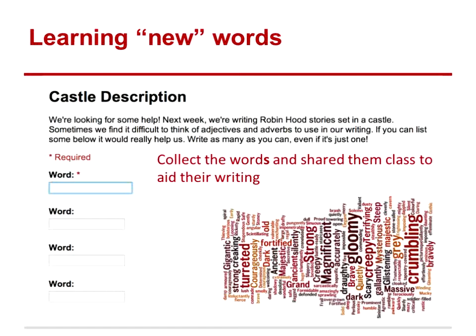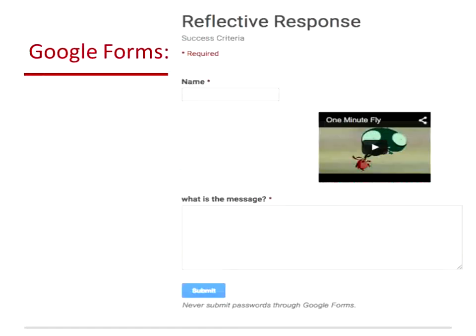I also really like using a tool like Wordle. Whenever my kids did any writing activity, I always had them copy their writing, put it in a Wordle so that they could see the words that they kept saying over and over again. Because as you know, when the kids are doing their writing, they always repeat the same thing over and over and over again. How great is it for them to actually see the words that they keep using over and over again? And it's a great way for them to learn the power of using a thesaurus. And there are tons of online thesauruses that they can use.